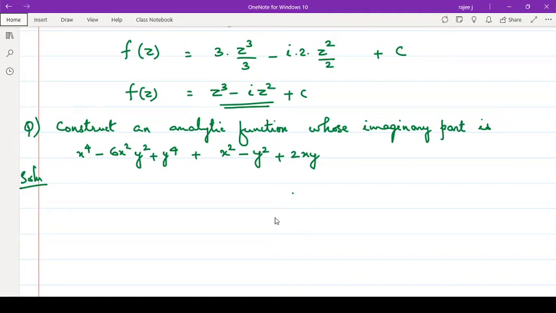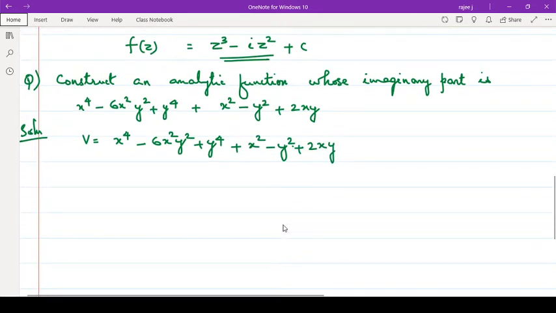The imaginary part is given like this: v is equal to x raised to 4 minus 6x square y square plus y raised to 4 plus x square minus y square plus 2xy. This is v. Now vx, which means the derivative of this with respect to x. So that is 4x cube minus 12xy square, this is 0, plus 2x, then this is 0, plus 2xy,